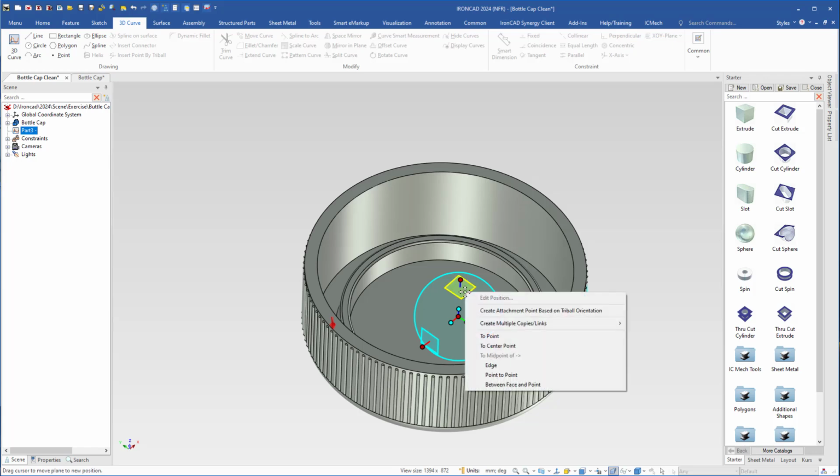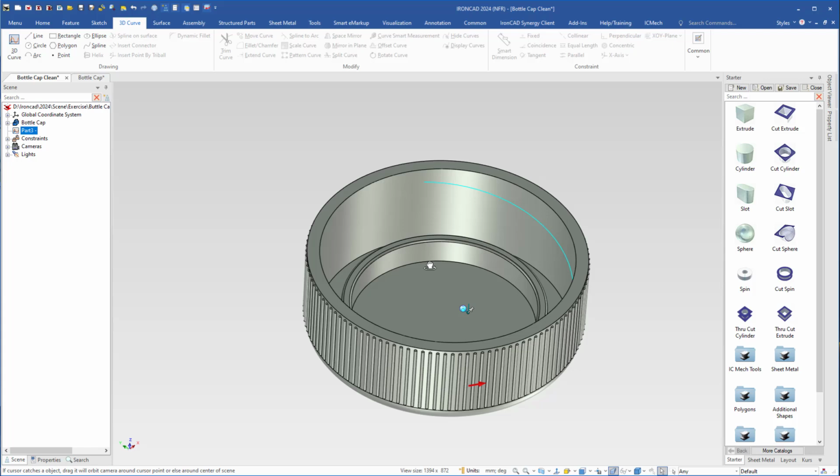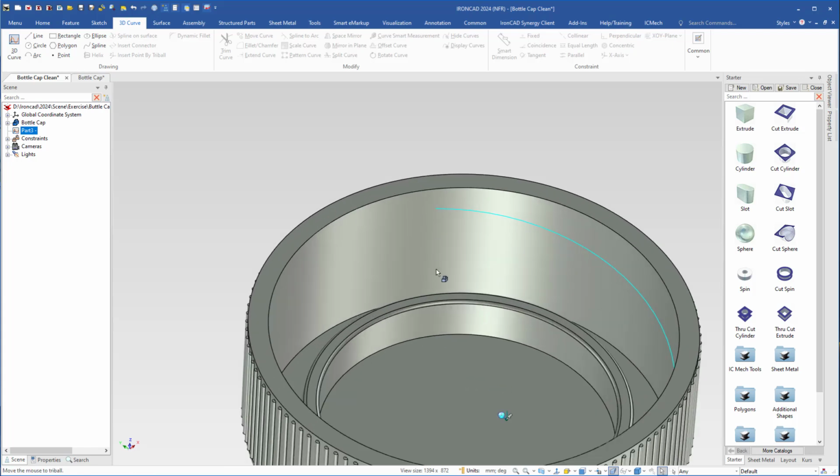then right click the square handle to center point of the cap, and then I will move it up a bit. So now we have the 3D curve here, and I will also rotate it in this direction so it will be easier to see the curve from this view. Move it down a bit. So now when the 3D curve is in place, I can create the